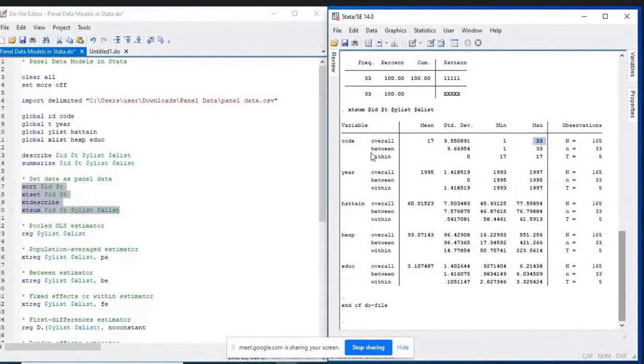Then we go now to between. When we're saying between, we're saying between my observations. What is the mean here? I don't know why they didn't calculate the mean. Anyway, then we go on to the standard deviation. The minimum value is 1, the maximum is 33. Then within,